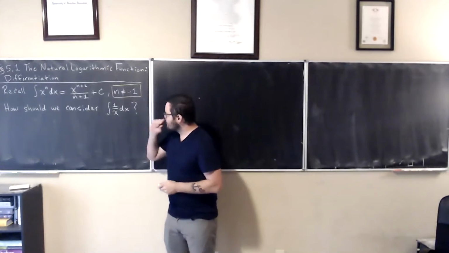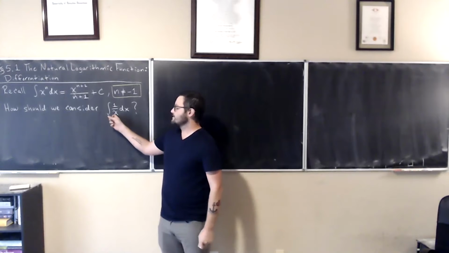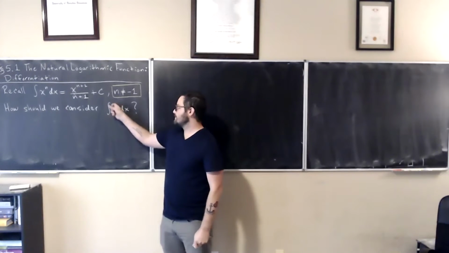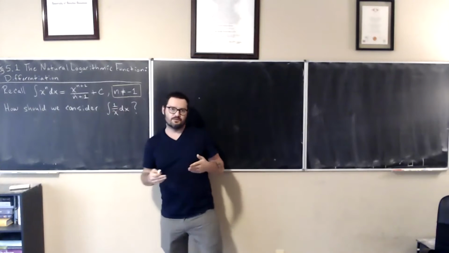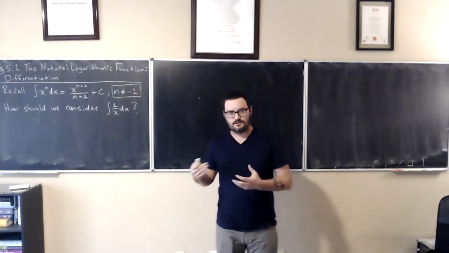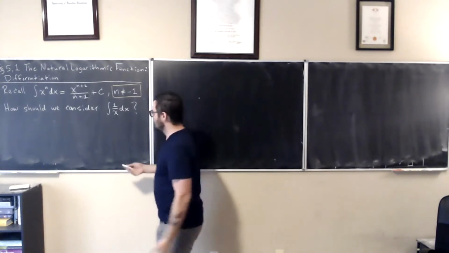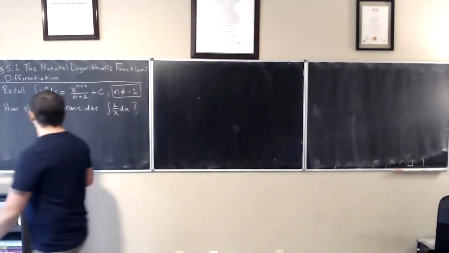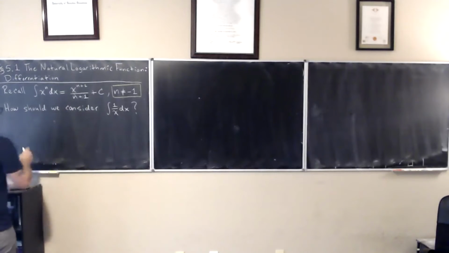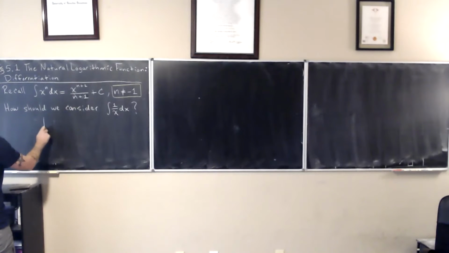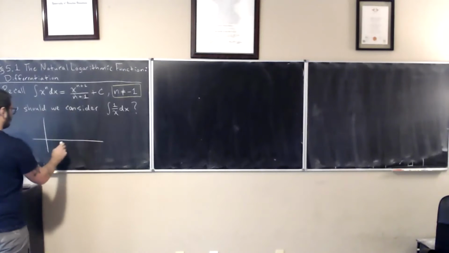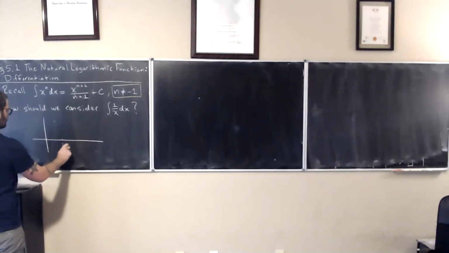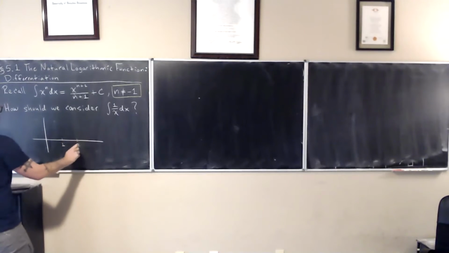Because if we want the derivative to be that, then this value gives you the slope of the tangent line to the curve at any of these points, provided x is not equal to 0. So let's see if we can figure out what that looks like. It's like 1, 2,